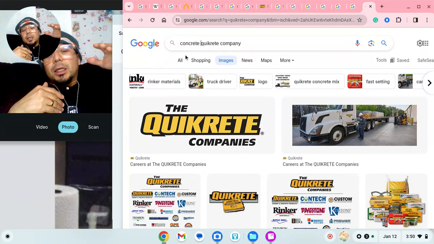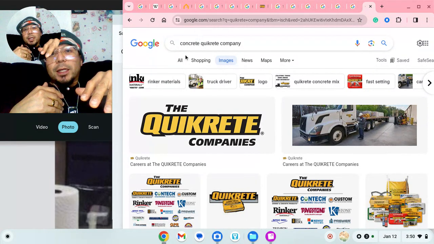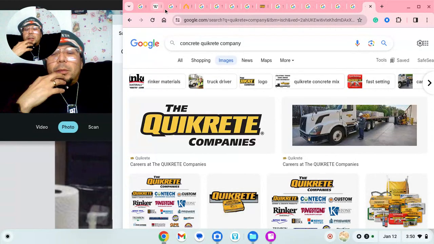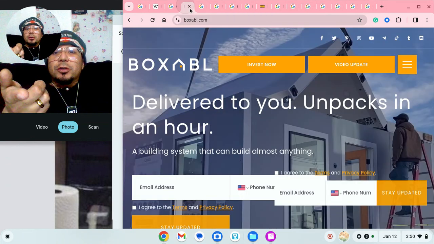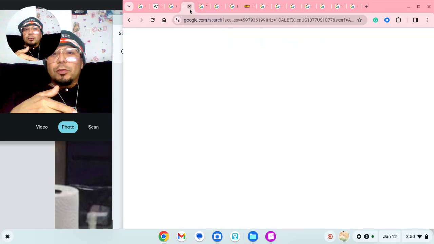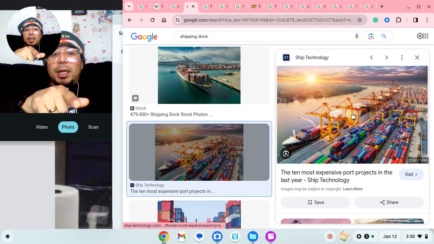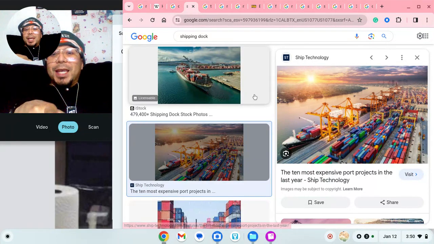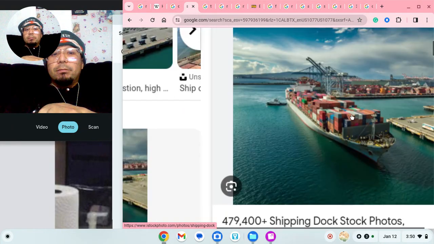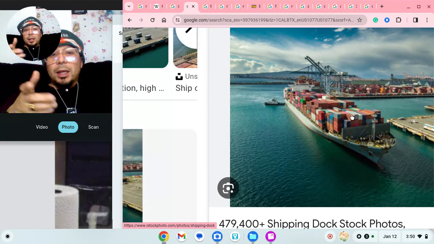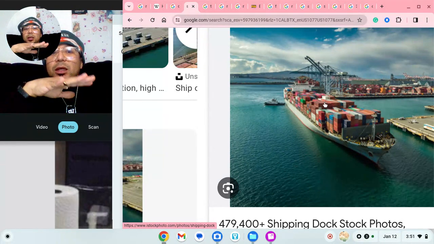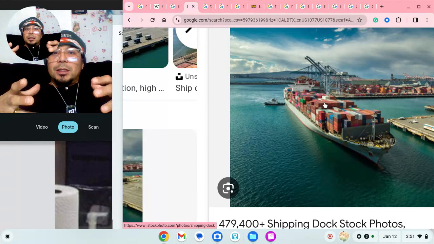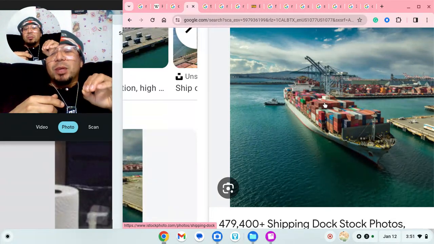Materials and resources can be transported throughout the world, because I already mentioned, whether you guys are using the boxable homes or the 3D printing homes, it doesn't matter. Like I said, you guys will have the shipping docks, and hopefully you guys make the water channel so wide that these shipping docks can go through the water, these rivers. You guys can colonize these regions of the world that haven't been colonized and populated,